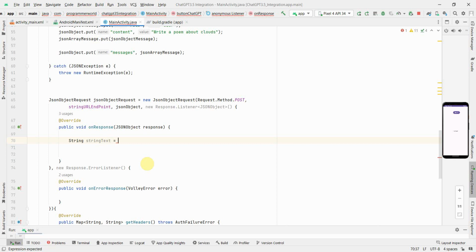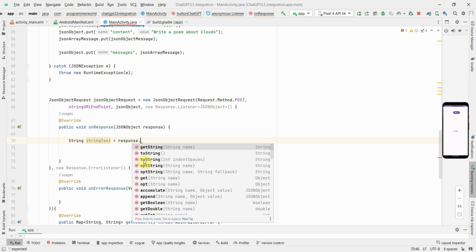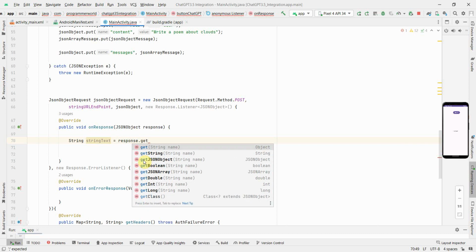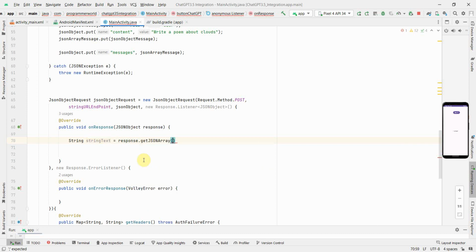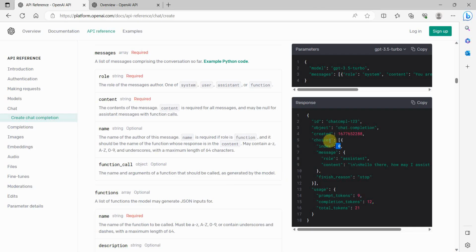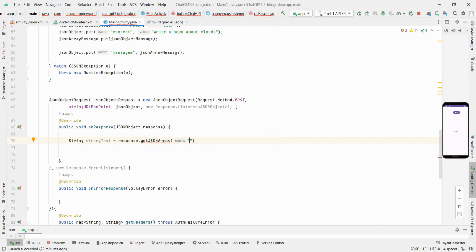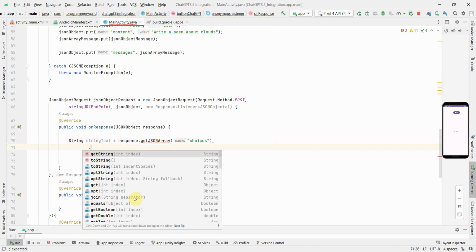Here just be careful. First we have to get the JSON array, and the string name will be choices. You can type it also, but I always prefer to copy paste to reduce the chances of any error. Once we have the choices, we'll have to get the index, so get JSON